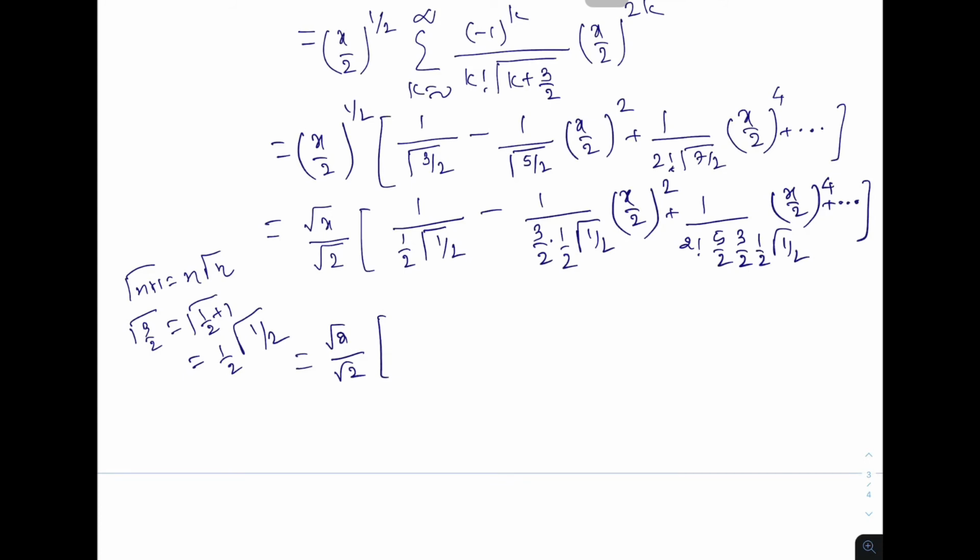Okay, now let us do like this. Here 2 will be in the numerator, gamma 1 by 2 in the denominator, then 2 in the numerator, gamma 1 by 2. Here also 2 in the numerator, gamma 1 by 2. So let us write, we can take gamma 1 by 2 even outside, so that we don't need to write it again.